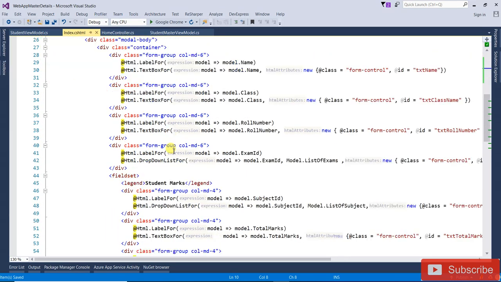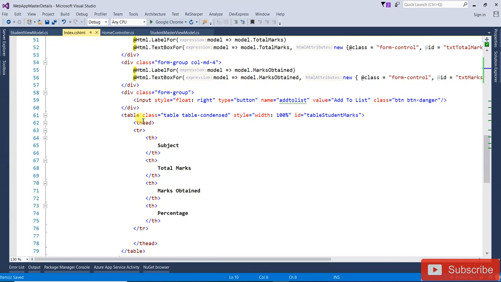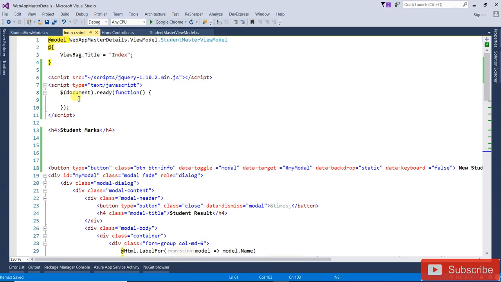Just check that one, the table name. What's the table name? ID is table student marks. First one is subject, total marks, marks obtained, and percentage. Okay, so here